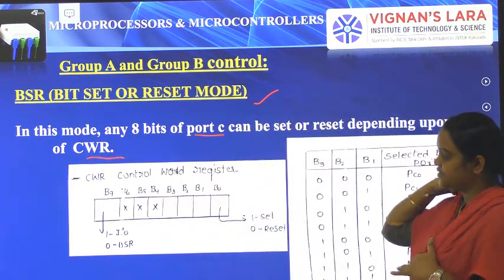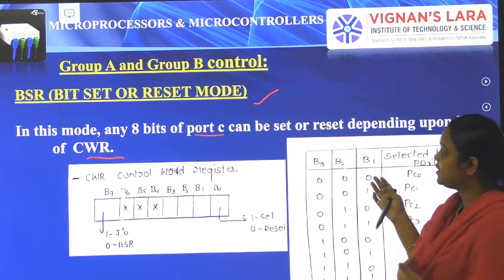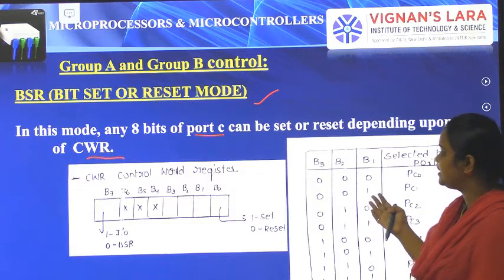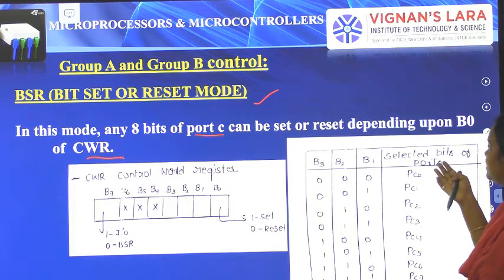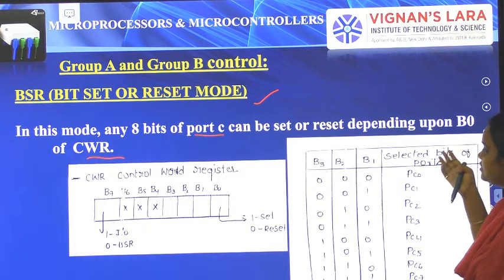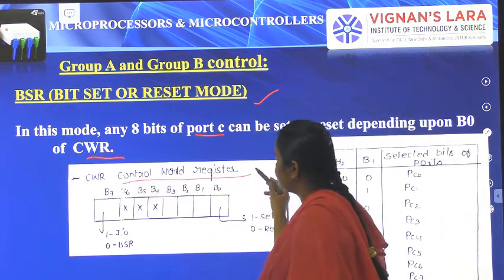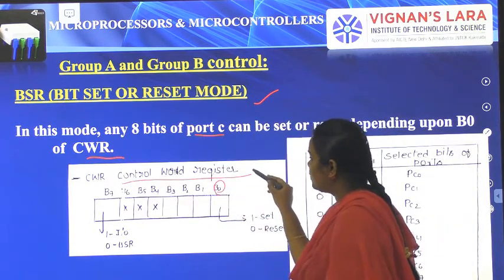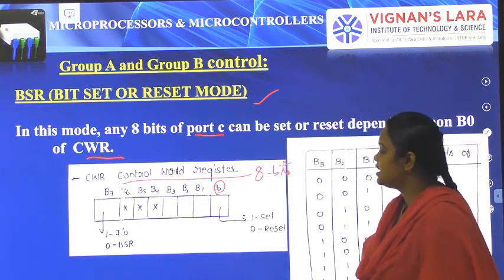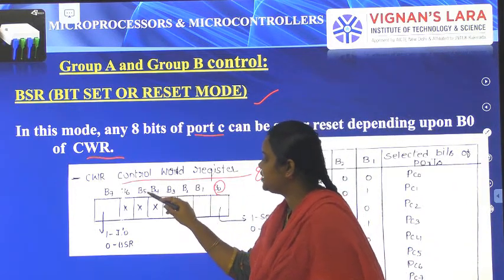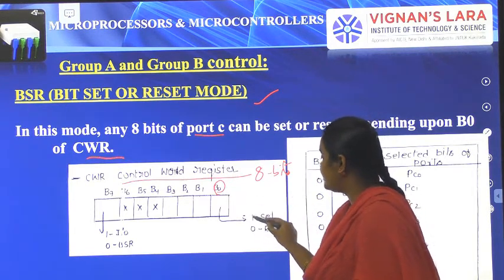In the 8255 we have a register called the control word register. The bits of port C can be set or reset using this control word register. In the control word register we have 8 bits: B0, B1, B2, B3, B4, B5, B6, B7. So whenever B0 is 1,